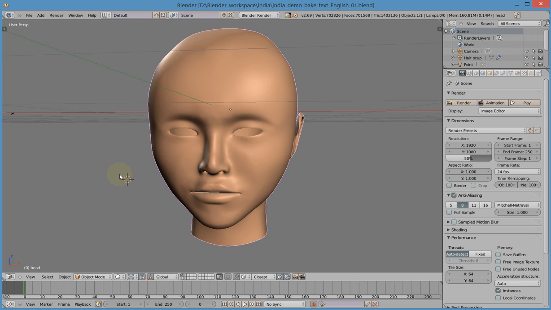Hello, I'd like to show you in this video how you can use sculptures to apply to low-resolution polys. If you are a video gamer, or even if you're doing animation in Blender, you may take advantage of these techniques because the final result is low resolution models. All right, to start, you may want to take a look at